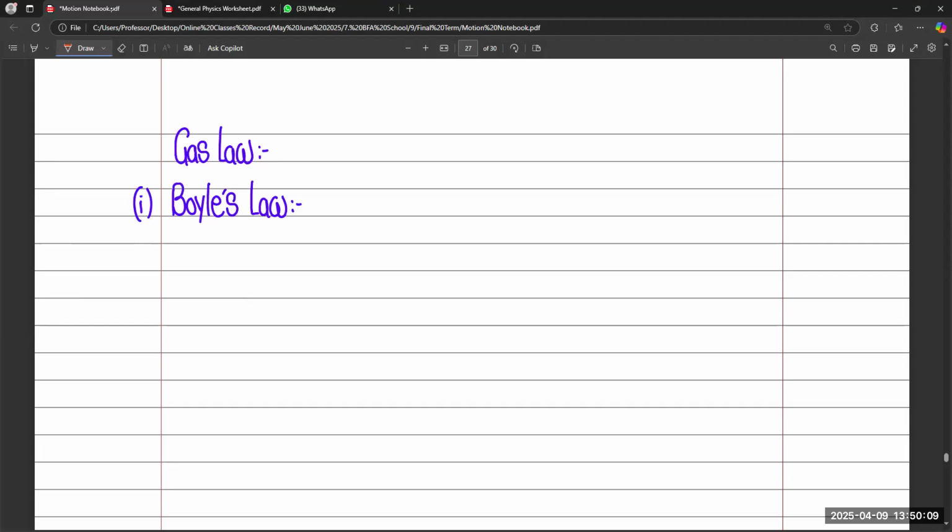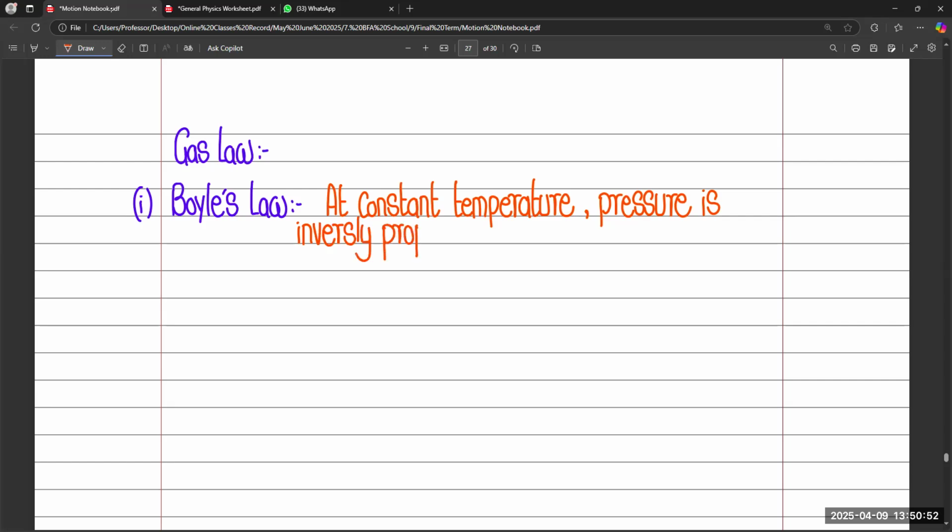And the statement of Boyle's law is: at constant temperature, pressure is inversely proportional